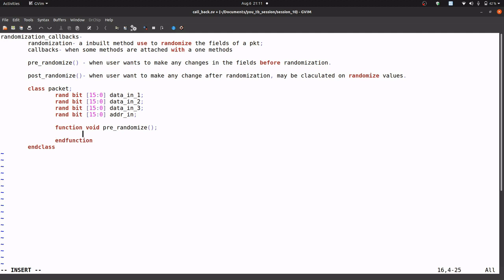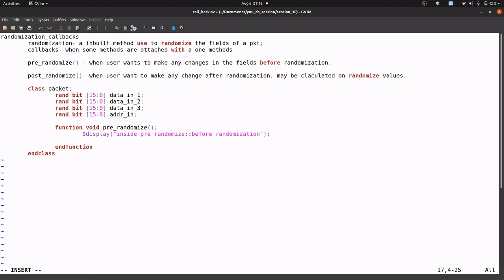Let's put some display to make the concept clear.